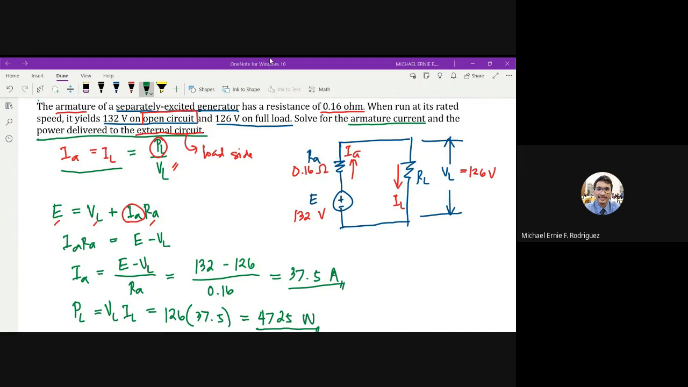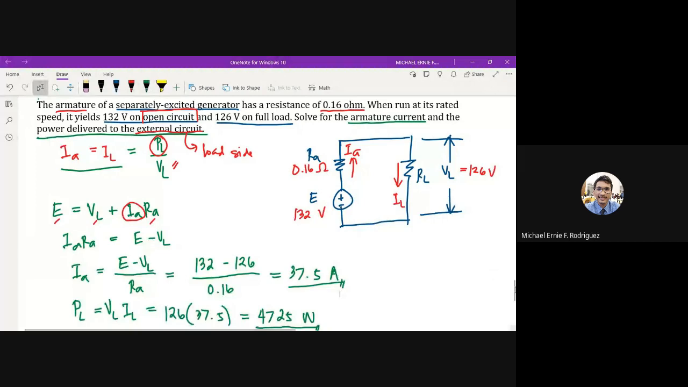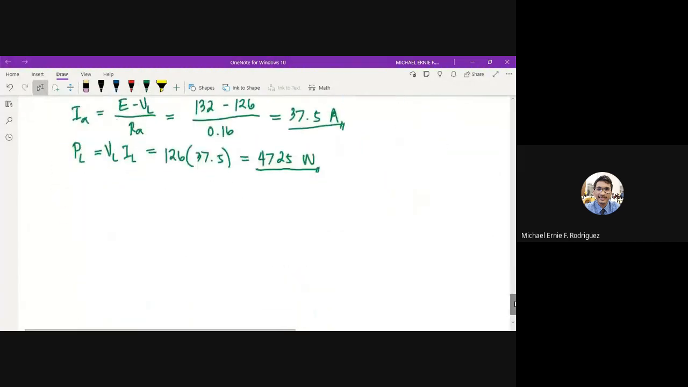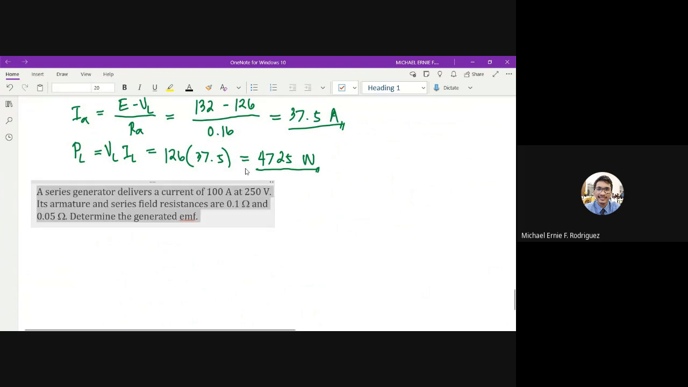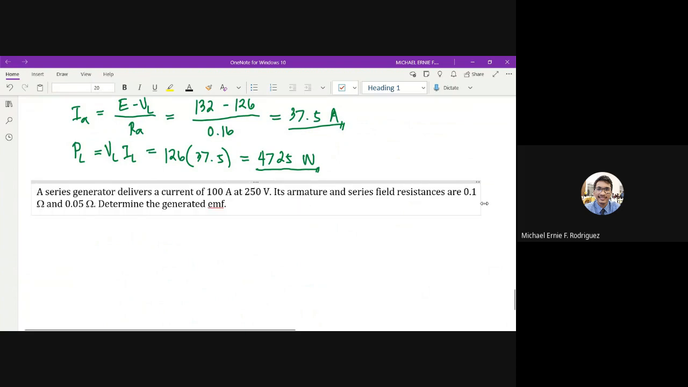So, next problem tayo. Doon naman tayo sa isa. Sa series circuit, tawag dyan, series generator tayo. Yan. So, our next problem